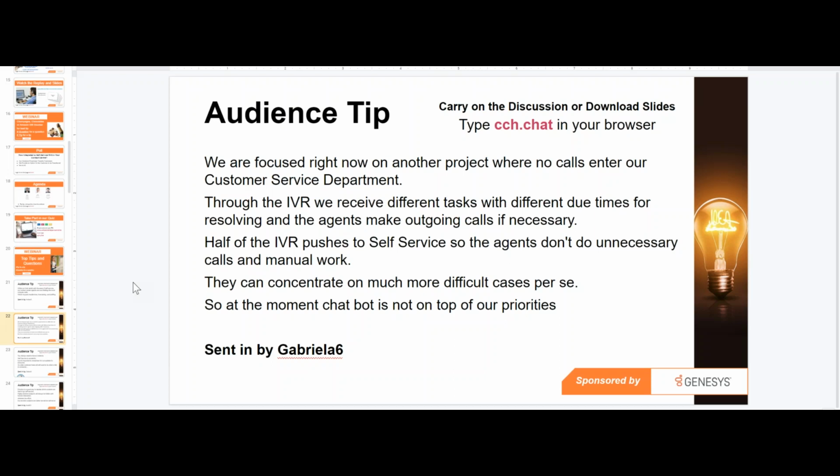But now straight on to the next tip from Gabriella, who says, we're focused right now on another project where no calls enter our customer service department. Wow. Through the AIVR, we receive different tasks with different due times for resolving, and the agents make outgoing calls if necessary. Half of the IVR pushes self-service, so the agents don't do unnecessary calls and manual work. They can concentrate on much more difficult cases per se. So at the moment, a chatbot is not at the top of our priorities,